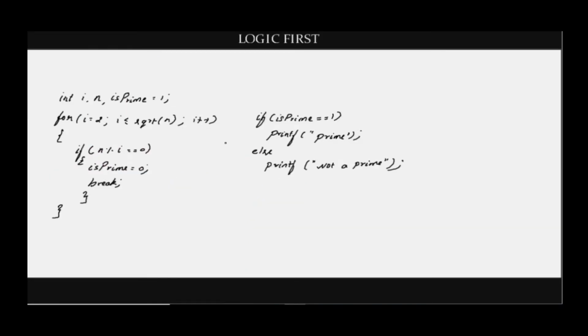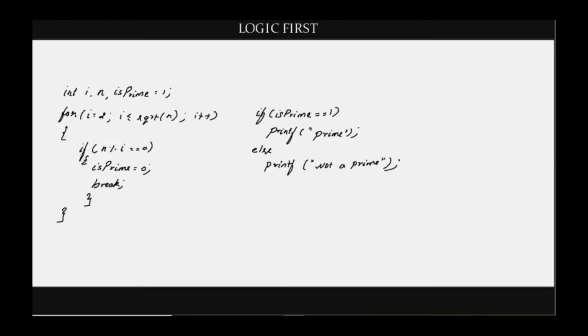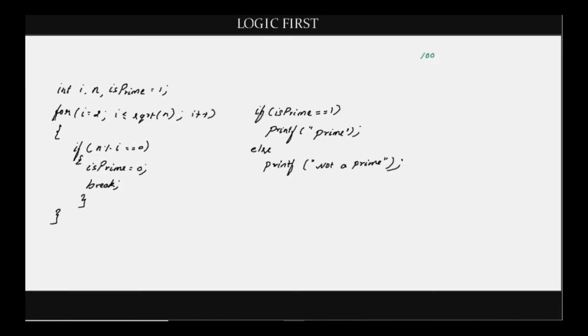This is the prime number program that we discussed in the previous video. This program takes an input number n and tells whether it is prime or not. Say for instance you want to write a program to list out all the prime numbers less than the input number. For example, if the user enters 100, you want to print all the prime numbers less than 100. This program, which already contains a loop, can only check if a single number is prime or not. So you have to put this entire logic inside another loop which will vary from 1 until 100.